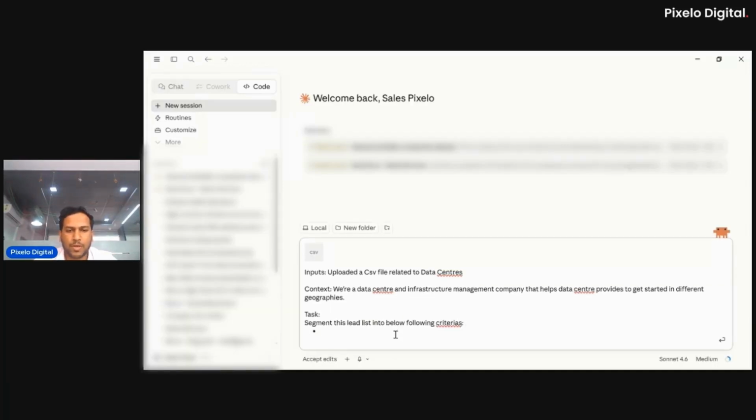One would be based on employee size. Some notes on that: segment it based on employee sizes. Second,